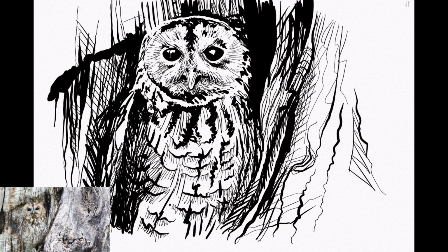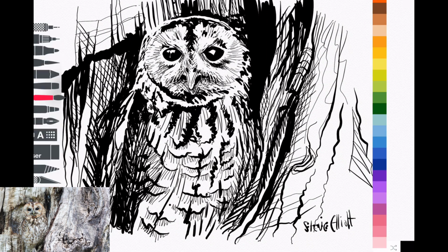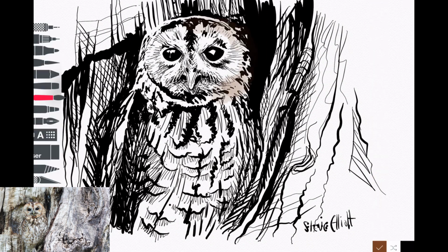So I'm really liking this, and at this stage, obviously, it's just the brush and ink. I sign it, and then I think, let's get a bit of colour on it. I fancy just putting a light wash on. So first of all, I choose a sepia colour, I guess. I put the layer below the ink layer. I've turned off the pencil layer now, and then I just add a little bit of sepia colour to the